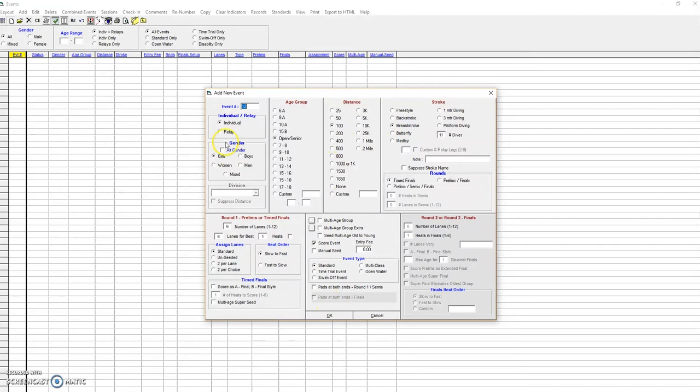Breaststroke, OK, and the 400 freestyle relay. Now we're going to enter in the athletes with disability events. In the athletes with disability events, event number 13 is going to be the athletes with disability boys. So we're going to select boys, individual, open senior, and the first event for athletes with disability is